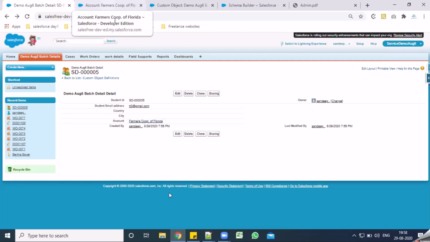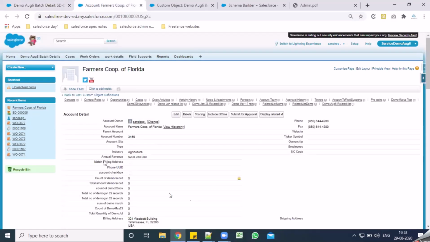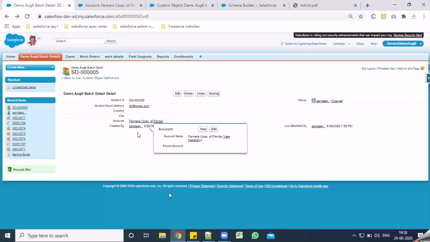So if I want to know what account it is, I can basically click on that link, open it in a different tab, and go through those details. Instead, if I want this information to come on the screen, I would have to create all the fields that I have on the account. Instead of doing it, I'm connecting those objects via a lookup relationship field on my child.